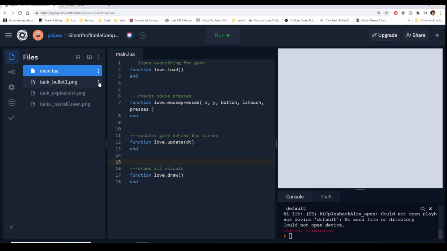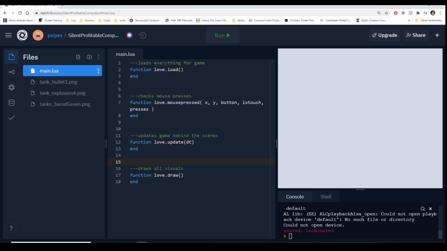Inside of REPL, you can 100% change their names, or you can leave them alone, whatever works for you. I was lazy and left them alone, but the reality is if you're not going to have multiple types of explosion, or if you're not going to go back and animate it later down the line, you may switch this over to explosion. If you're not going to have multiple barrels, you may just switch it over to barrels. It depends on how you want to do it. You do you, guys.